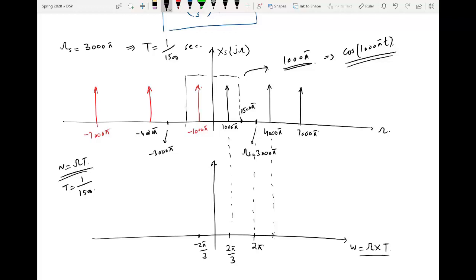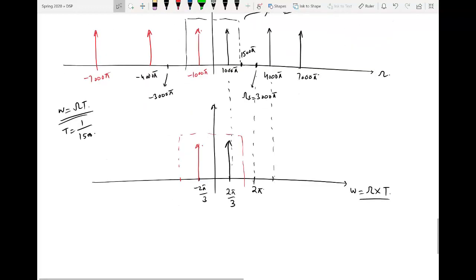So if you just draw the impulses over here, the impulse will look like this, and here it is this one, and the filter was placed here. So now the frequency of the filtered signal is 2 pi by 3. So the sample x of n comes out to be cos 2 pi by 3 n. It means that even with aliasing, there will be two drawbacks. The first drawback is that the frequency of the signal is changed, and the second problem which aliasing causes is